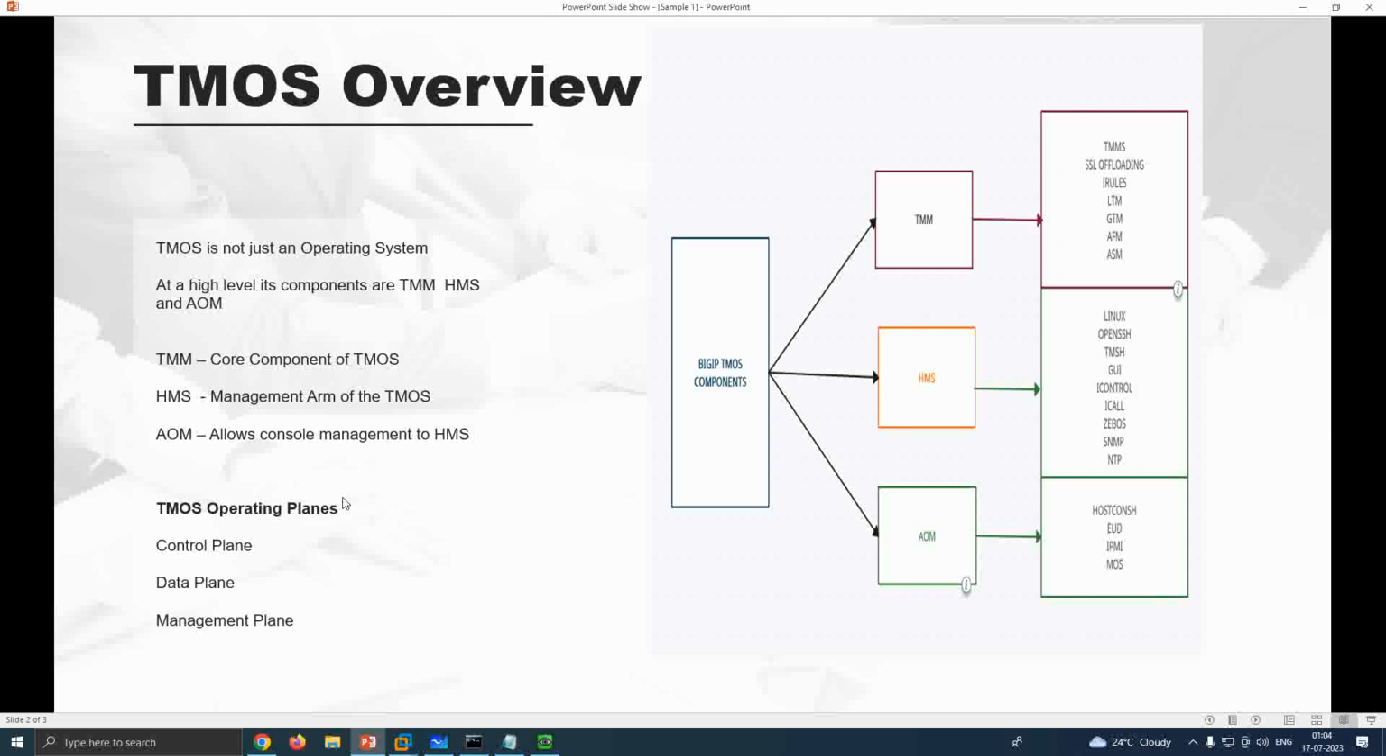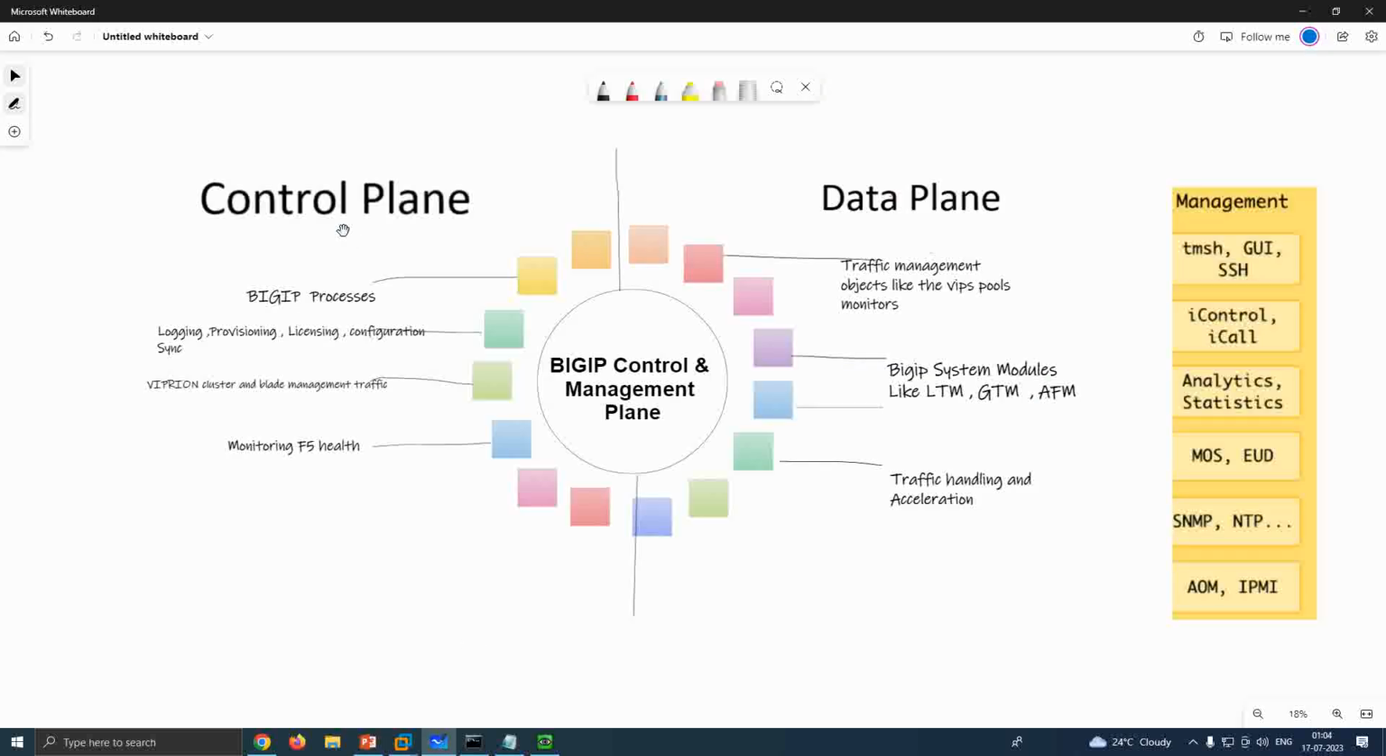Now let's talk about the operating planes of TMOS. TMOS has a control plane, a data plane, and a management plane. The control plane of TMOS is responsible for managing the configuration, control, and communication between different components within the system, and its primary tasks